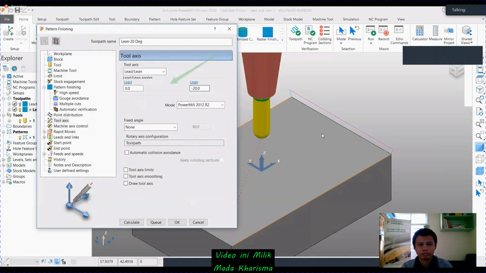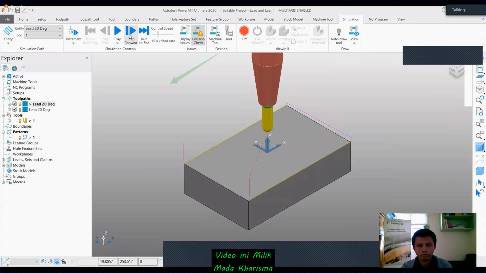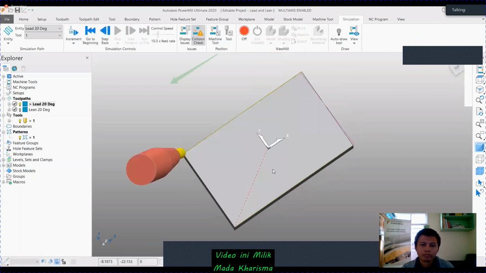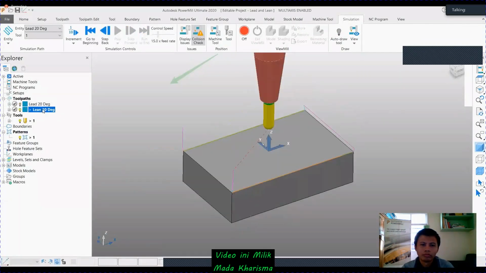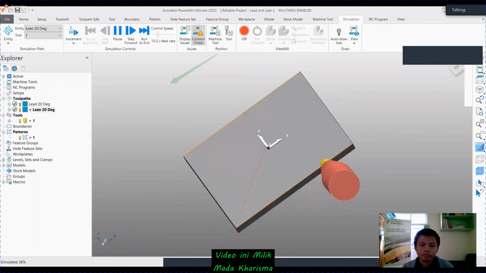So I'm just simulating the first one. If you give start and control my speed to slow, you can see it is tilting along the same flow. But at the same time, if you go to the lean angle and simulate the same, you see it will tilt to either side, perpendicular to that flow.